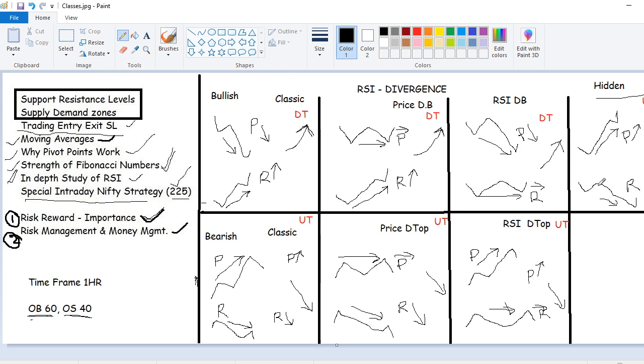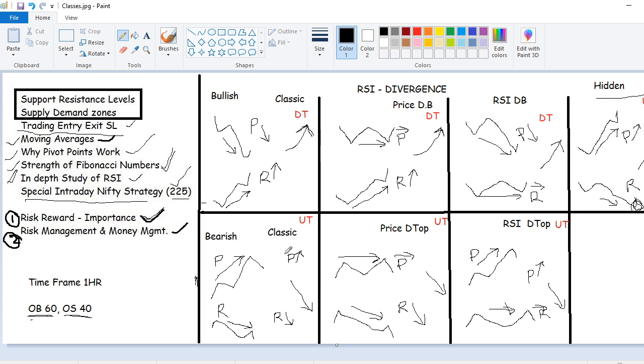Now what do you understand in this? Even though there is no demand, the price is going up. Price is going up, but it is a little bit risky as we are going against the indicator. But whenever it gains this momentum or this demand comes, it will blast like anything. It will go further high.